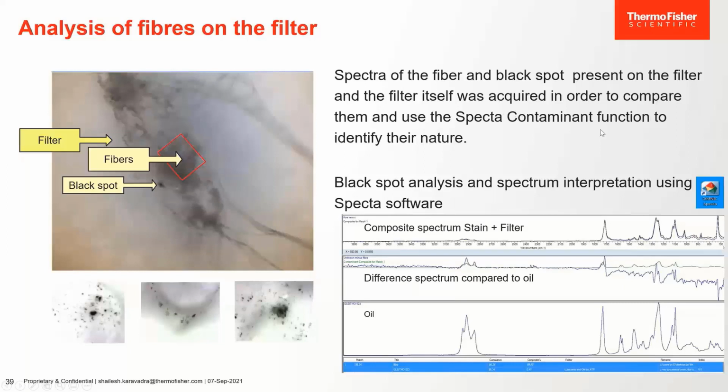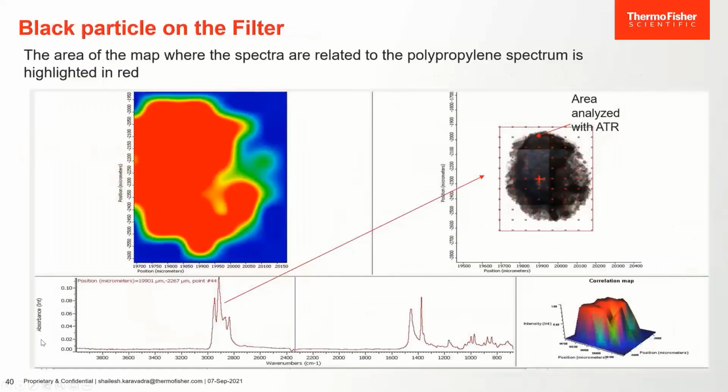So the spectra contaminant function is ideal to do this type of analysis, whether it's a foreign object or an intrinsic particle arising because of the process difference or the process initiated change. For example, in biotherapeutics, it can happen. So a black particle on the filter, this is done with ATR, and